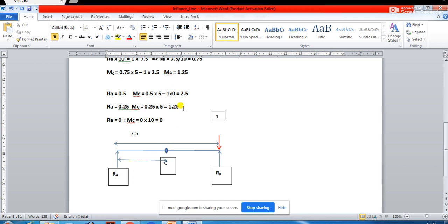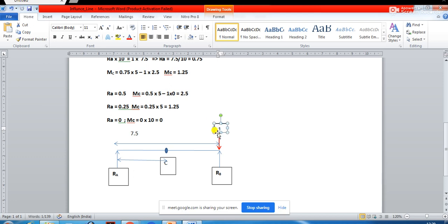And you see, every point when I am writing the value of MC, I am not writing any unit. Have you noticed it? I have not written kilonewton meter, foot pound or anything. Why? Because this load whatever we are considering is actually a unit load of dimensionless quantity. So when it is dimensionless, this reaction will also come dimensionless and these moments will be